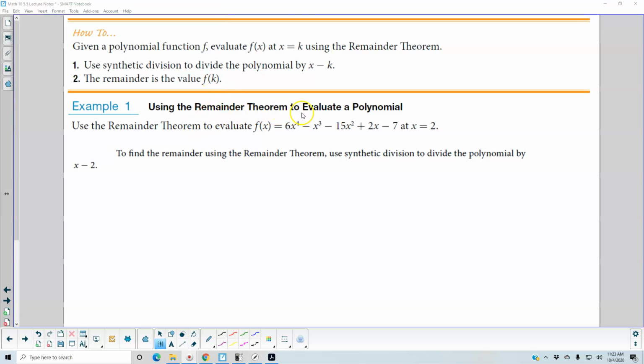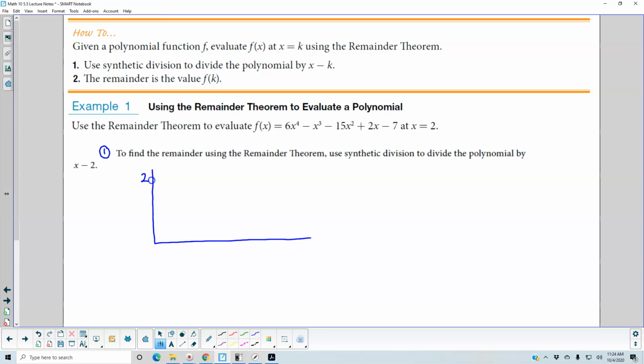Now, using the remainder theorem to evaluate a polynomial, use the remainder theorem to evaluate f of x, which is equal to 6x to the fourth minus x cubed minus 15x squared plus 2x minus 7 at x is equal to 2. So in step 1, use synthetic division to divide the polynomial by x minus 2. So that means we're going to take 2 as the value of k, and then we're